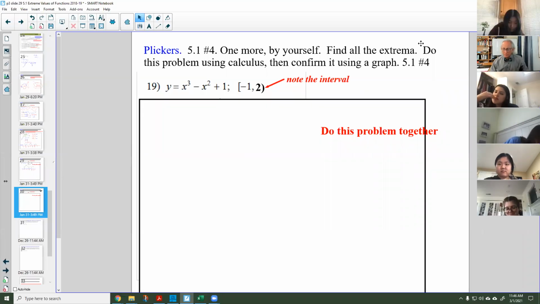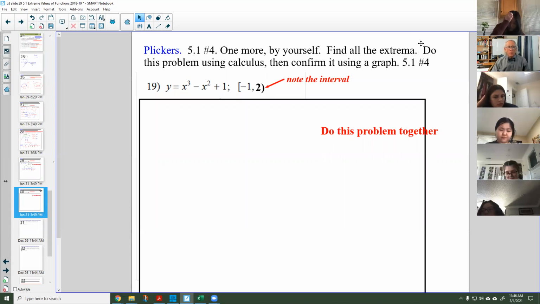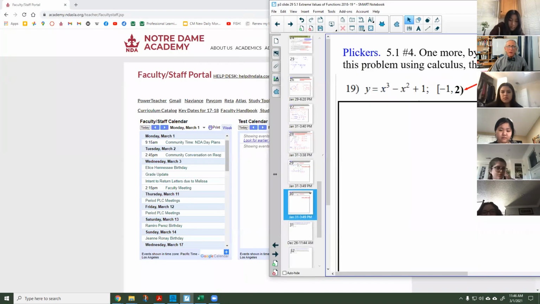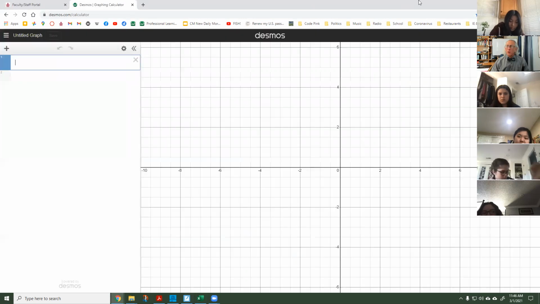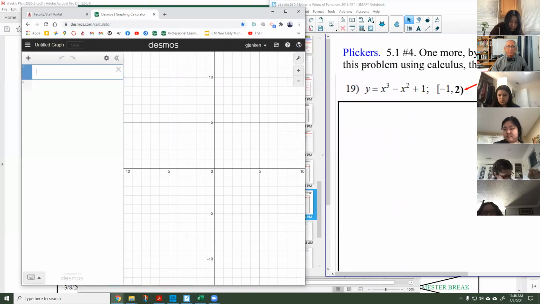All right. So I'm actually going to start this problem by graphing it, because I would just like to know whether or not I'm headed in the right track as I go along. So f of x